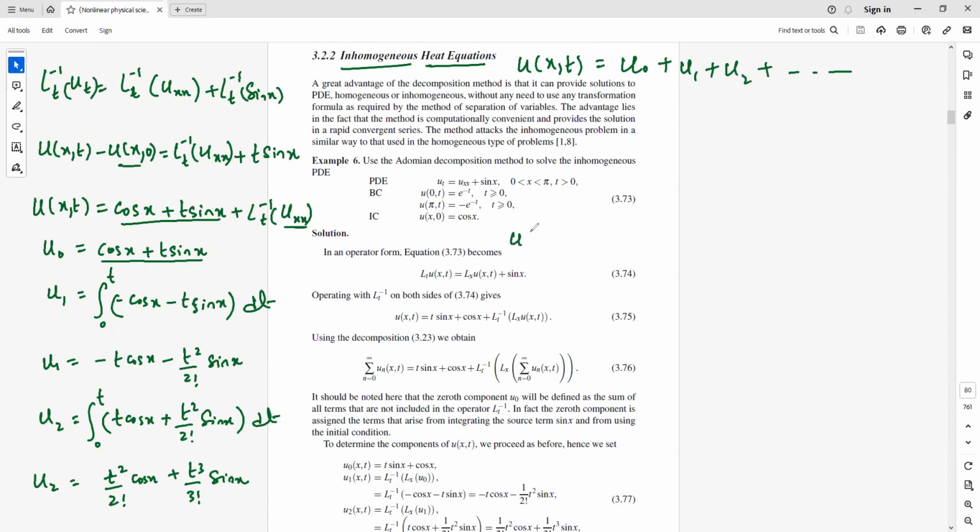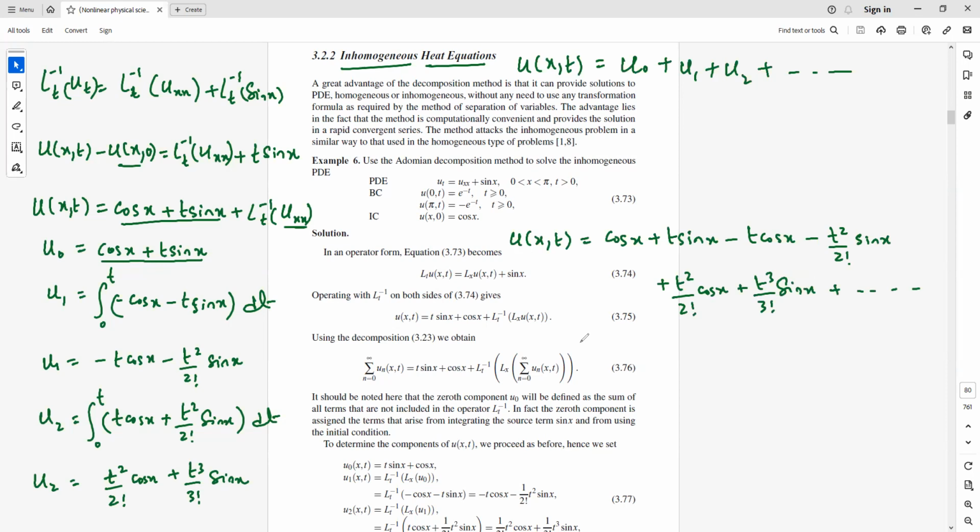Therefore u of x, t equals cosine x plus t sine x, and then u_1, that is minus t cosine x minus t squared over 2 factorial sine x, then plus u_2, that is t squared over 2 factorial cosine x plus t cubed over 3 factorial sine x,